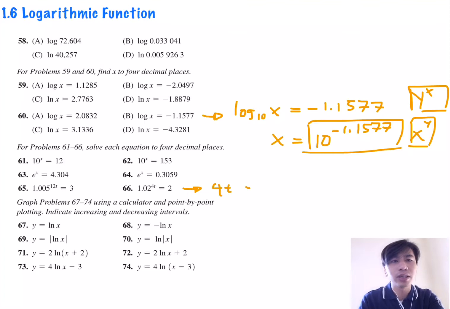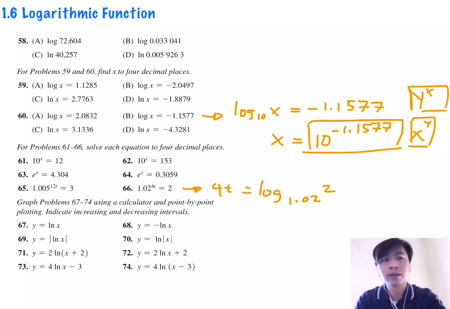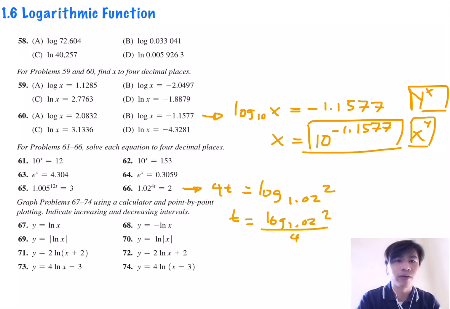Okay, and then the rest like this. Yeah, it will be quite easy. The thing is that you must be able to change between the exponential to logarithmic and logarithmic to exponential. Yeah, so like this, you'll have 4t equal with log to the base 1.02 of 2. After that, t equal with